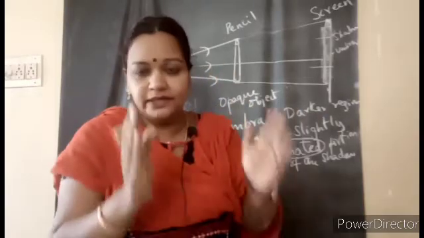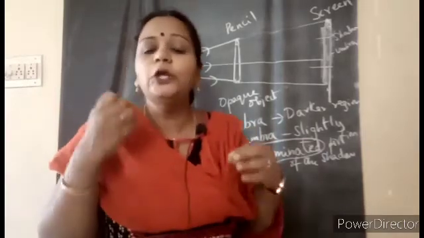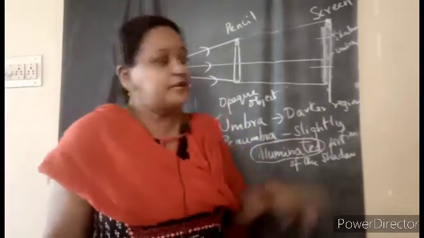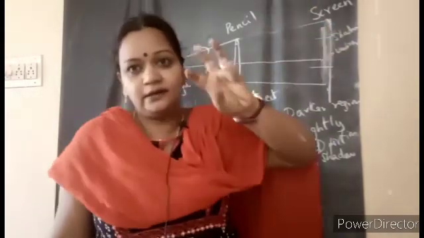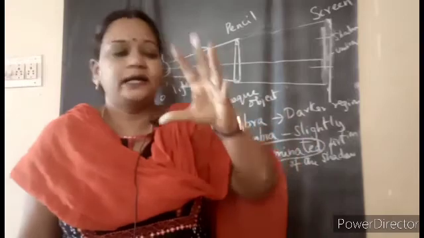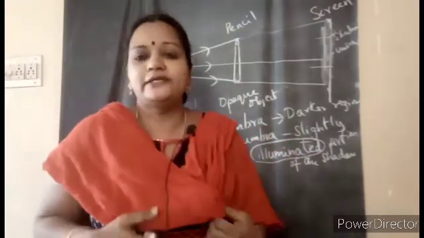The middle darker region is called the umbra, and the penumbra is the illuminated region, meaning it is slightly receiving the light rays. So here you can see they are lightly lit, not that dark. So dark shade and light shade, if you remember, you'll be able to understand this.